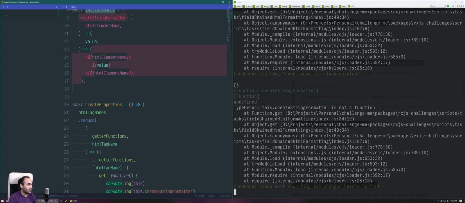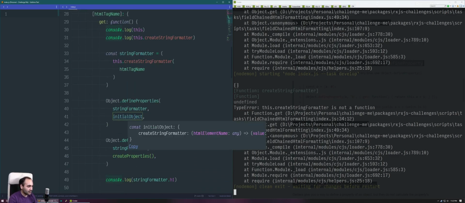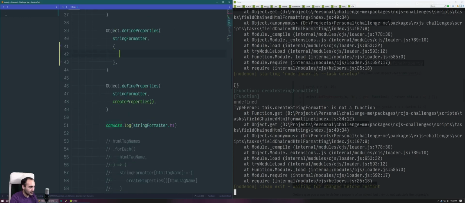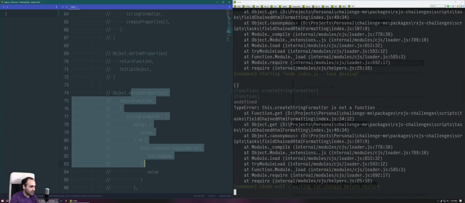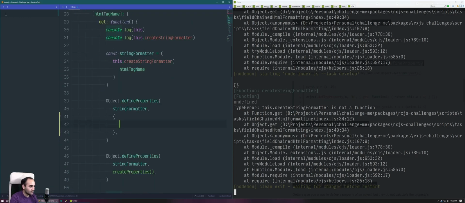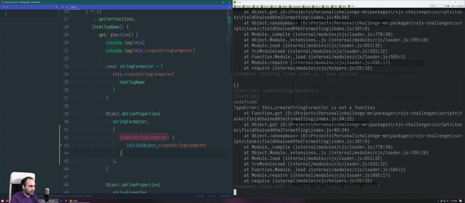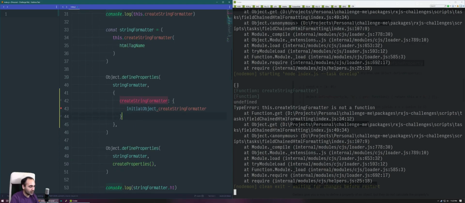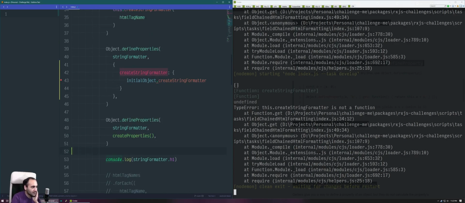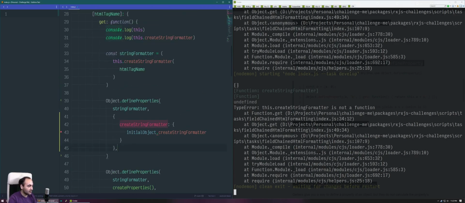No, we did not add it. We did not add it. We have to add it, which is what I was doing here. Okay, so it's create string format. We haven't added it yet. It's whatever that was on the initial object. It's that because it's not part of our loop here. And so it wouldn't be a part of create properties, but we do need to add it as a return